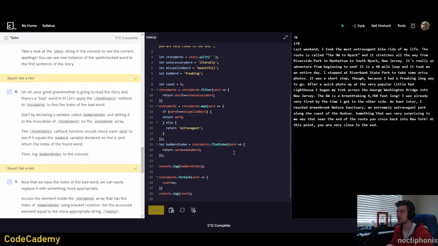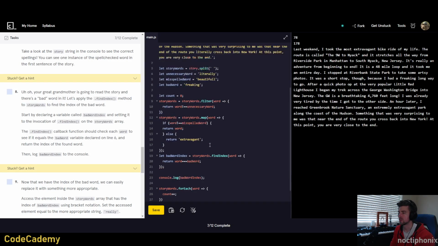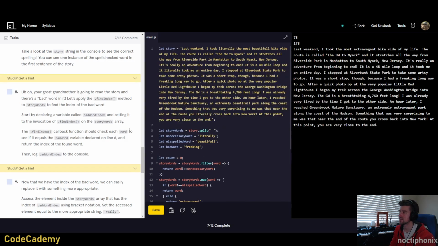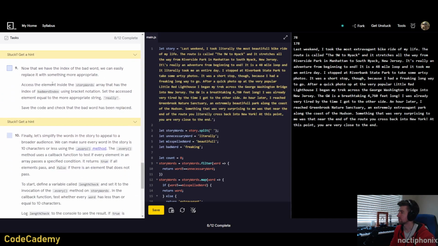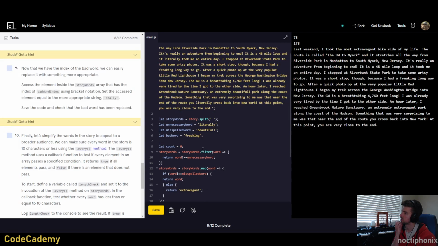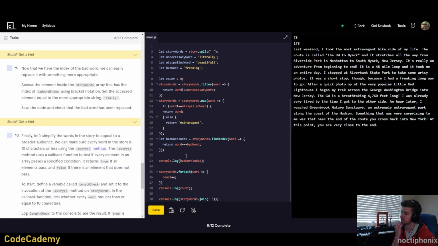Okay, so now that should be 78 instead of undefined. Wonderful. All right, so the index of the bad word is 78. So now we can replace that. Access the element inside the story words array that has the index of bad word index using bracket notation. Set the accessed element equal to the more appropriate string, really. Save the code and check the bad word that has been replaced. Okay. So that can just be in one step, I believe,